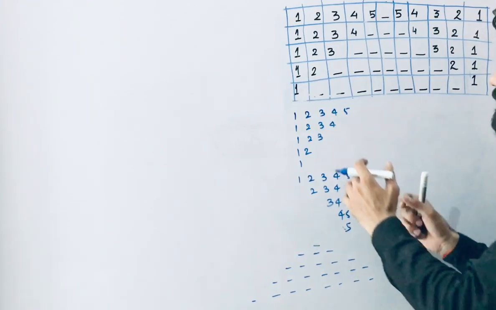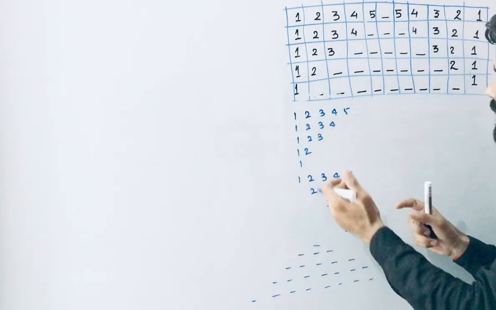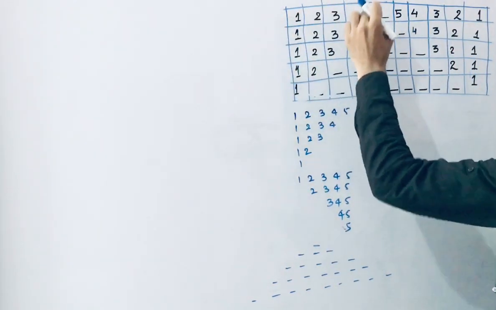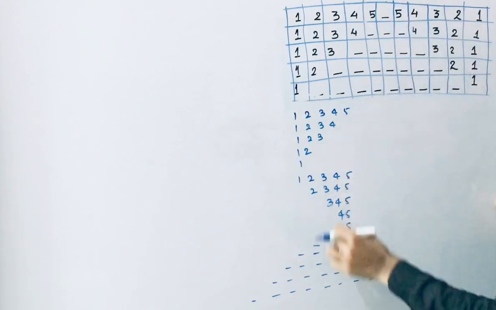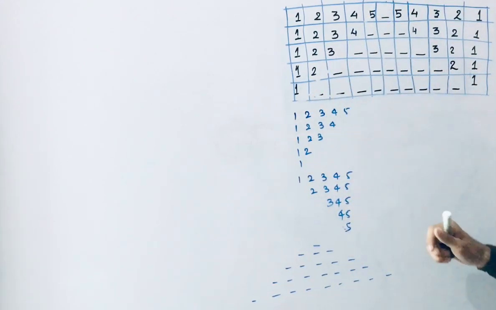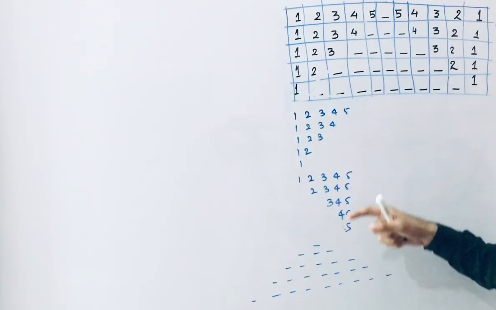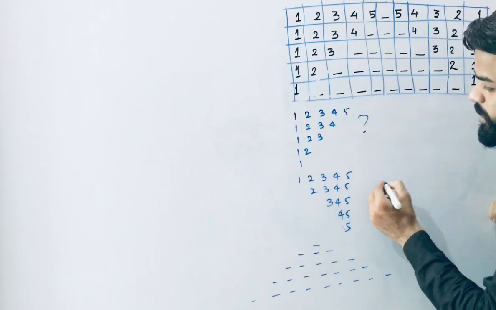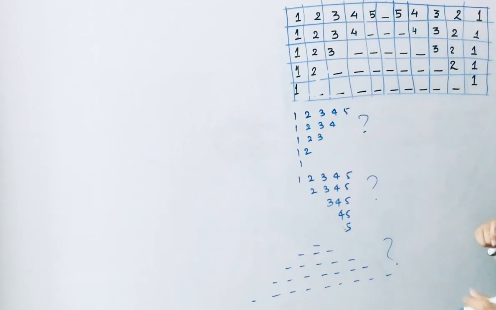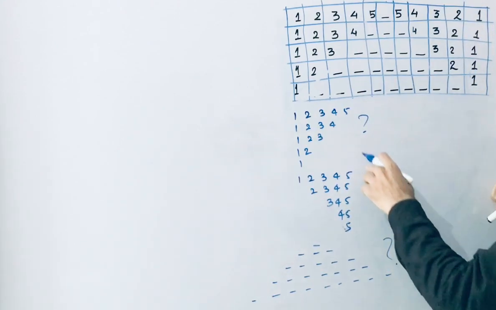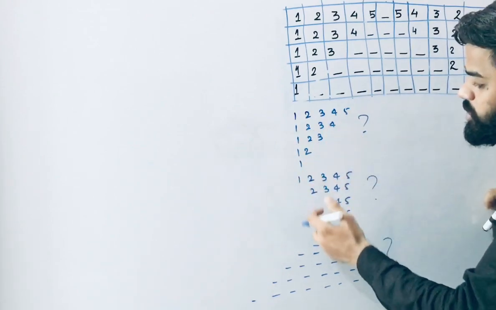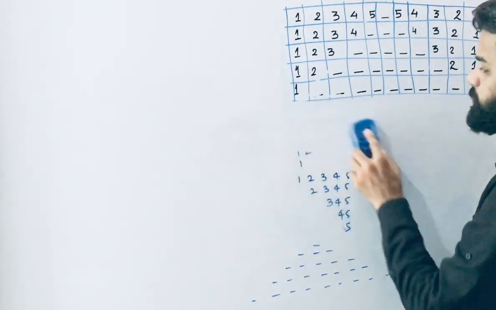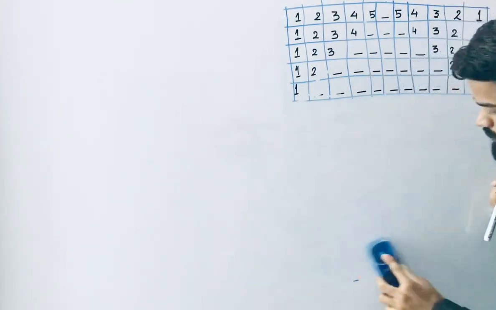We need to write the combination of all three patterns, because this is this one, this is this one, and this is this one. So in this program we are going to write the combination of all patterns. In our previous videos we learned how to print this pattern, this pattern and this pattern. That's why I am going to write the code for the combination of all three patterns. So see class, how we start printing these patterns.